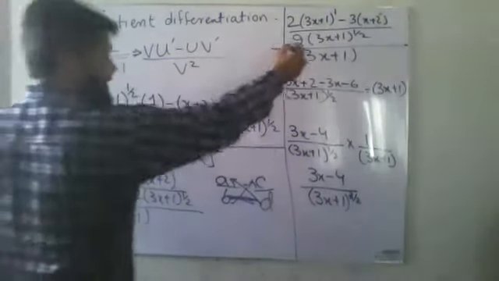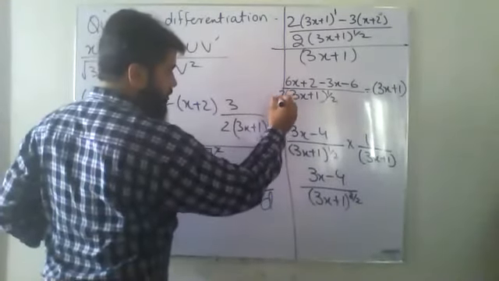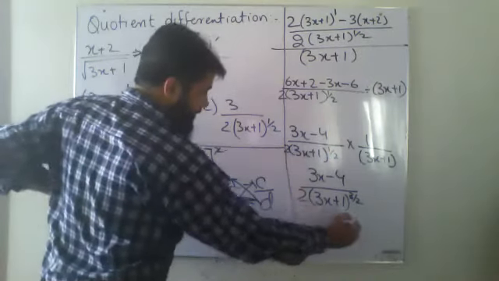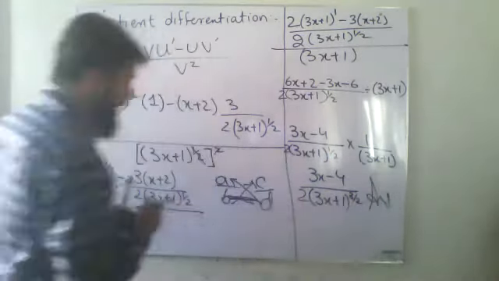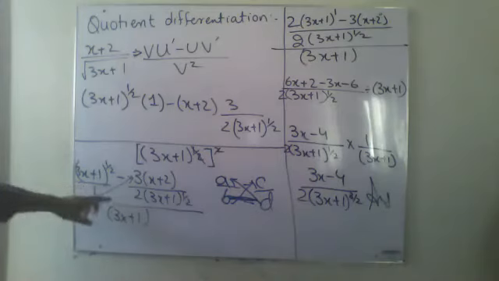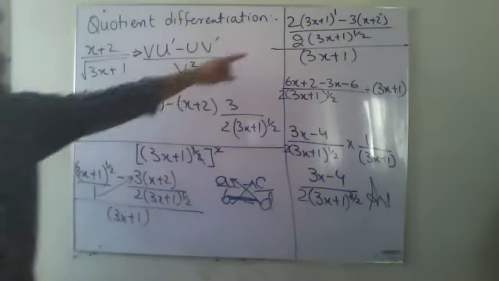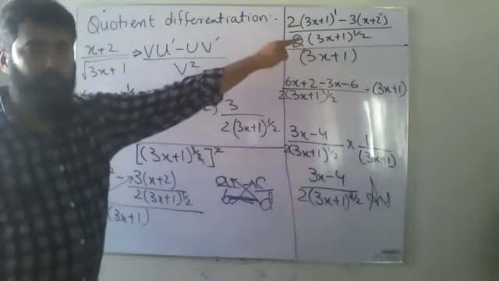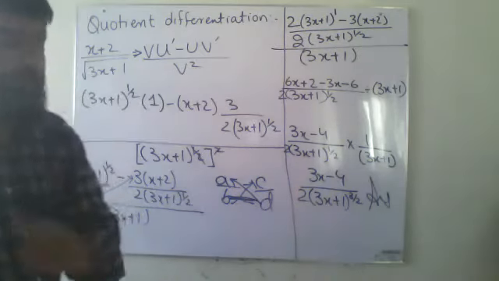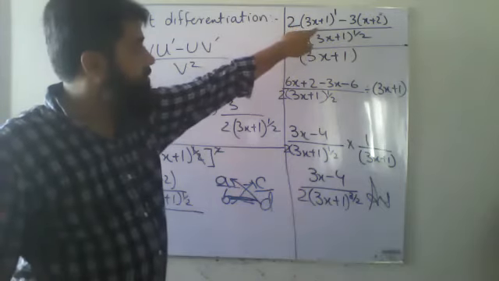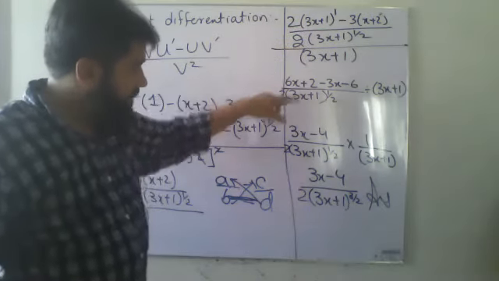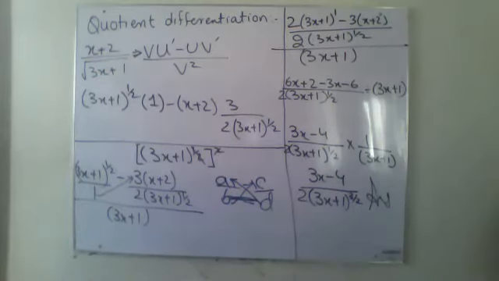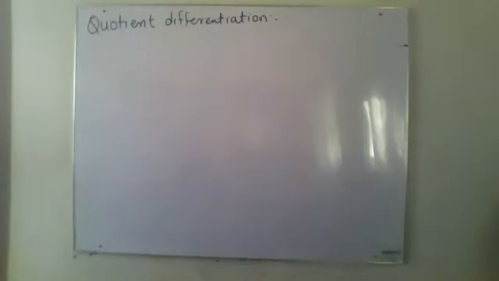This 2 is being missed. So 2 will be over here also, 2 will be over here also, and 2 will be over here also. This will be your final answer. When I took the LCM, I missed out this 2. Okay, and don't cancel these 2. Don't say, okay, sir, this and this can be cancelled. No, because this 2 is only with this one, not with the whole thing. So I'm going to carry it out till this point. Okay, right?